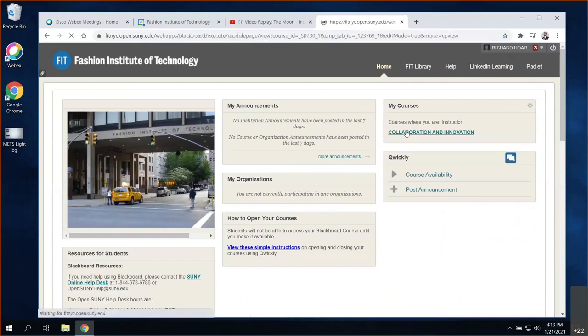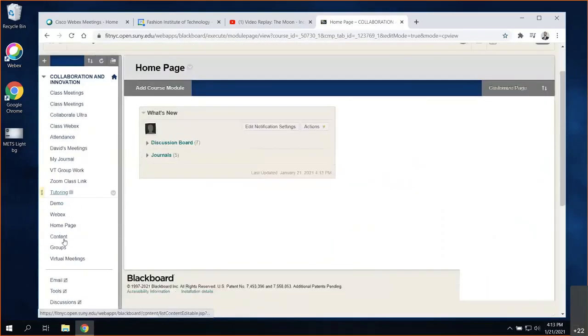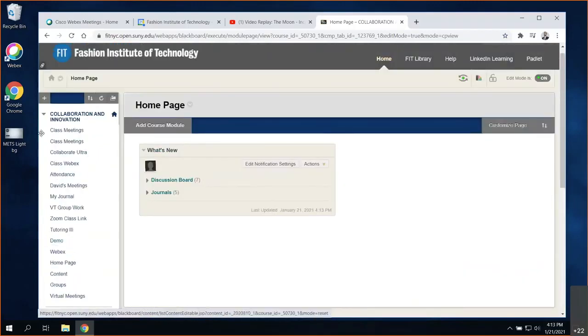I won't spend a ton of time on this. It is easier. Yeah, I've been pleasantly surprised by this little integration. I didn't have a lot of hope for it at first, but so here's my Blackboard shell, kind of plain